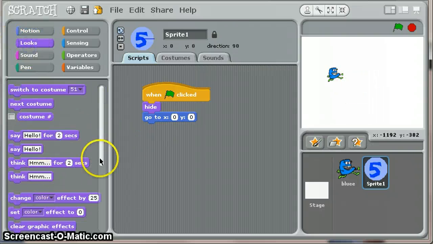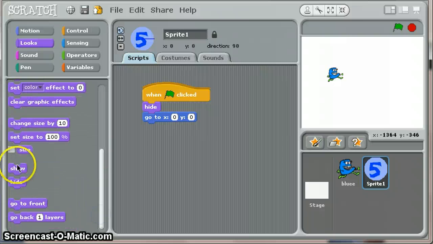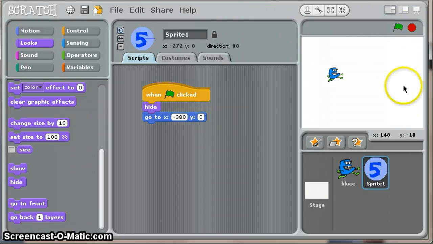So let's have a look under looks and say show. Let's see what this does. Okay, so there it is. It's gone back to X 0, but that's not really where I want it. So let's get rid of show and choose -380. And let's run this. Okay, so it starts off there,